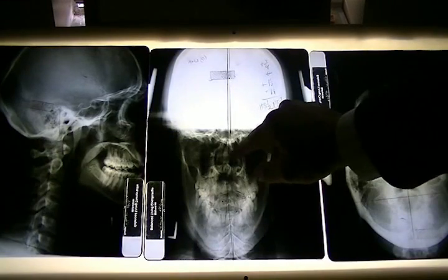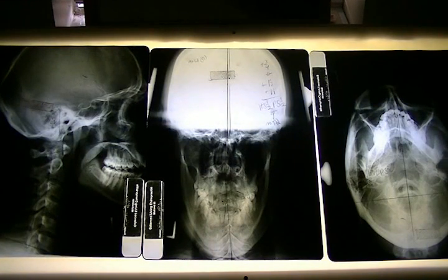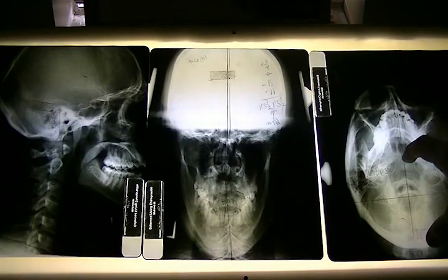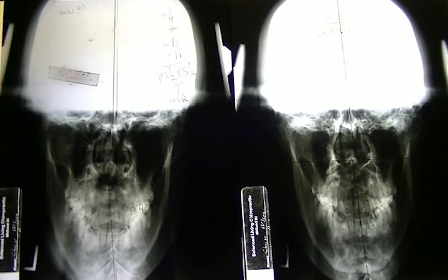Specifically right here is the first bone that we're going to be looking at. And then the other one is from the top down, where this is the nose, the eyes, the back of the head. And this kind of oval shape right here is atlas, or the first bone, looking straight down on top of it. These are X-rays of a specific patient I had that has an Arnold-Chiari formation at the top